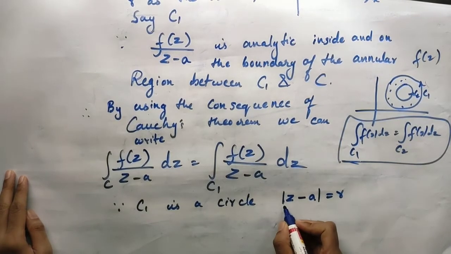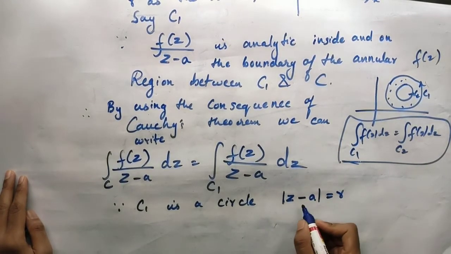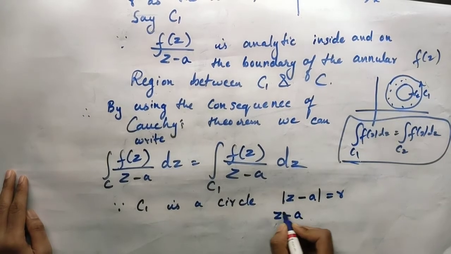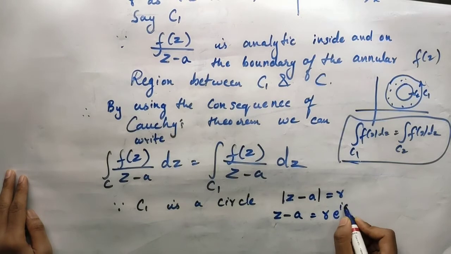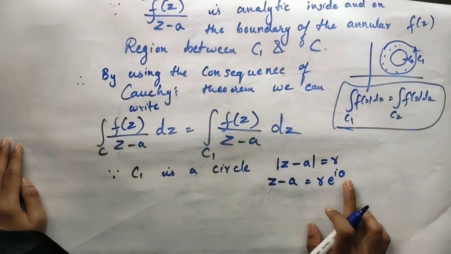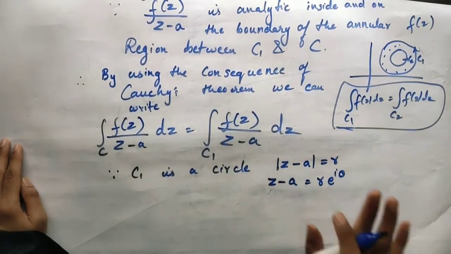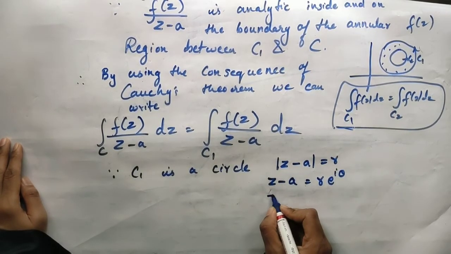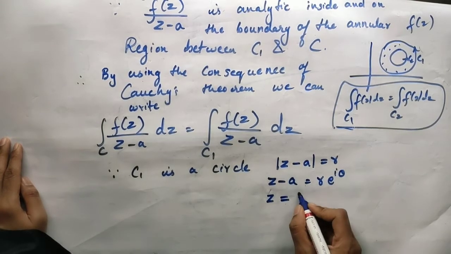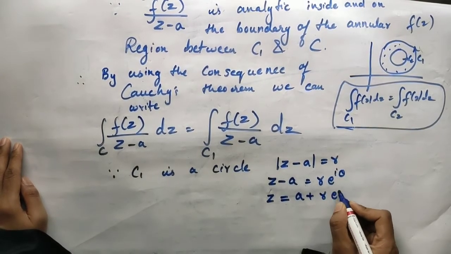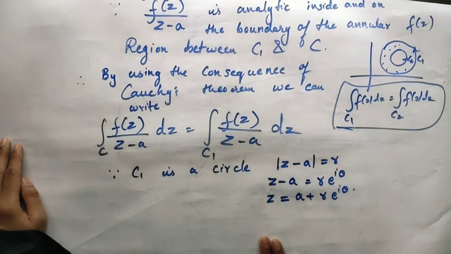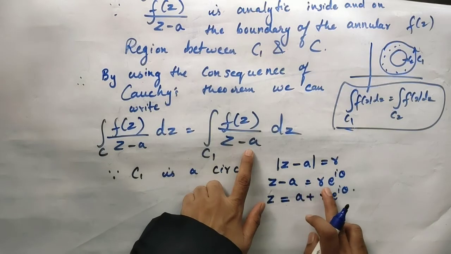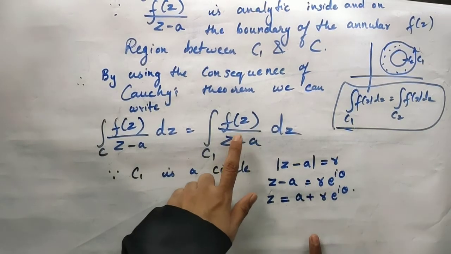See, this is the equation of a circle. It can be written in polar form like this: z minus a is equal to r into e to the power i theta. You just have to accompany e to the power i theta over here, the same equation, removing that mod. This represents once again an equation of a circle in polar form, or z is equal to a plus r into e to the power i theta. Done. Now I have got the value for z minus a, that is the denominator, it is r into e to the power i theta. I have got z as well.